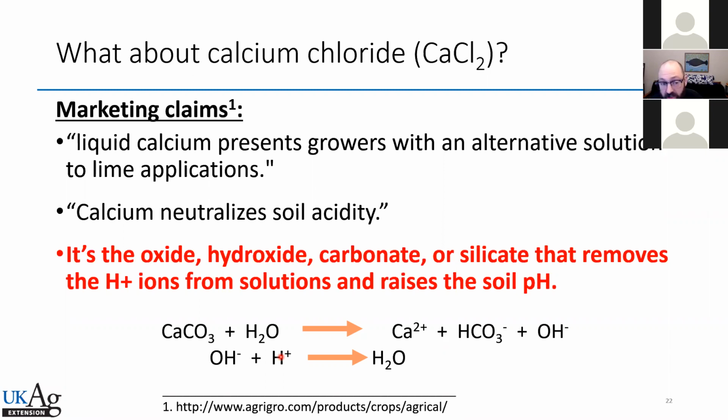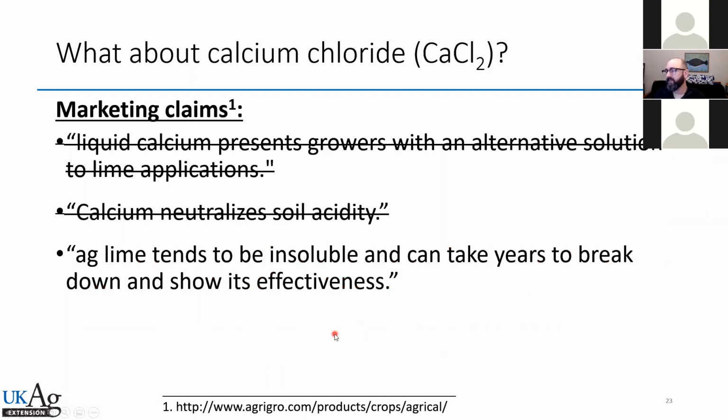So if it did do what they said, if that did take the hydrogen out of the soil solution, it would actually be forming a very strong acid. So that doesn't happen. So we know that's not true. Ag lime tends to be insoluble and take years to break down and show its effectiveness. So they said this, and